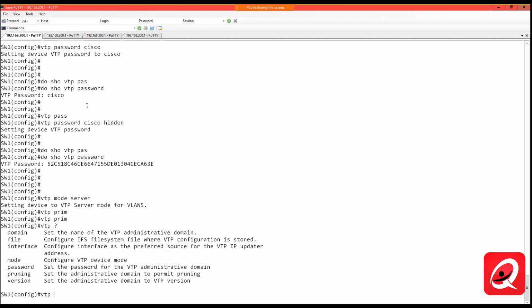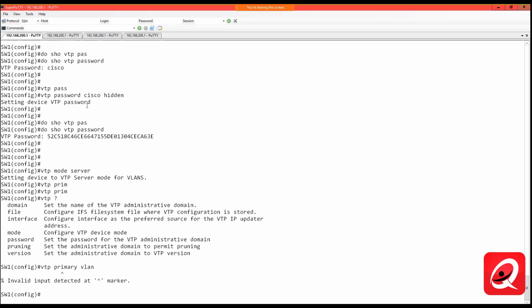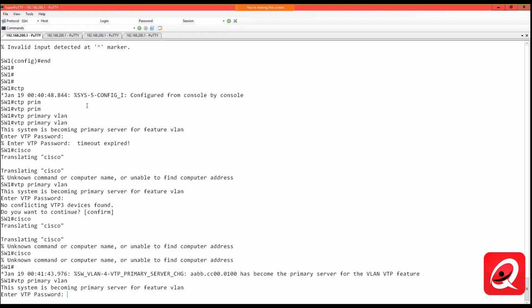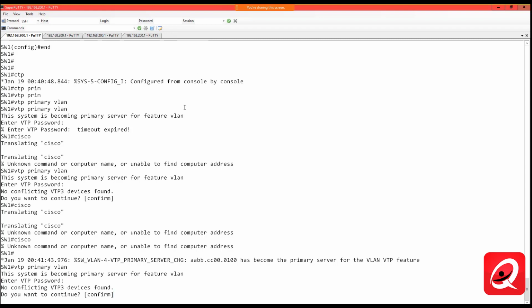Should be VTP primary VLAN. That's usually the command that I use. That's weird. There we go. All right, so it's trying to go out there and it's trying to find or identify if